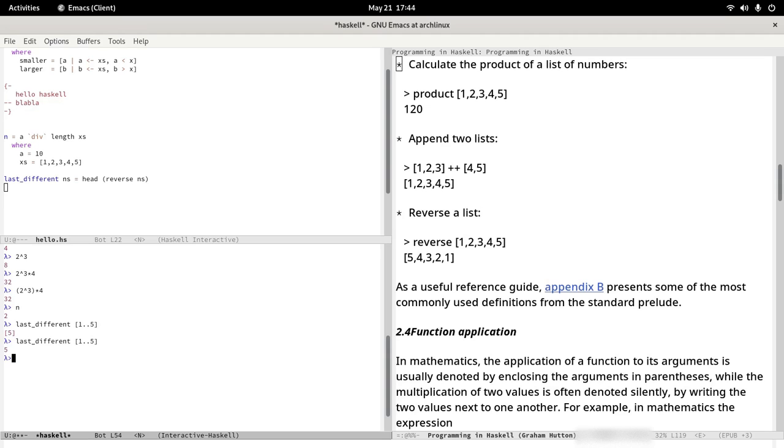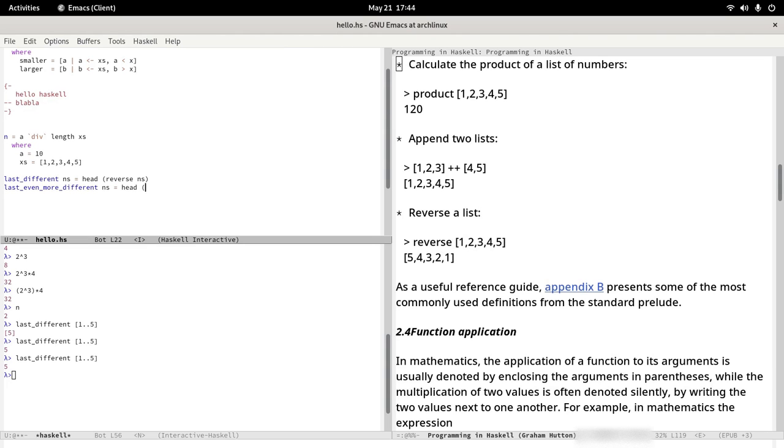Boom. We could also maybe do, I was thinking maybe we can do like drop everything but the last one, and then we have a singleton list, and then we take the head. It's kind of silly, but